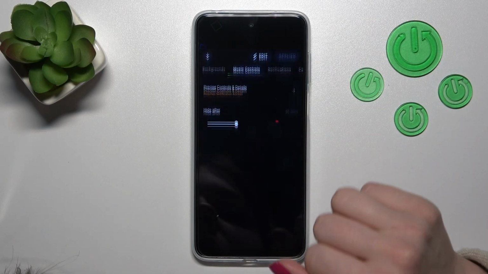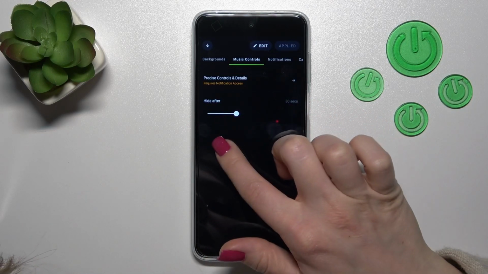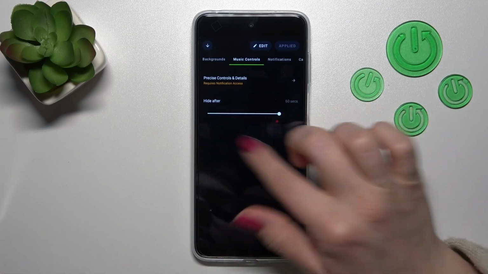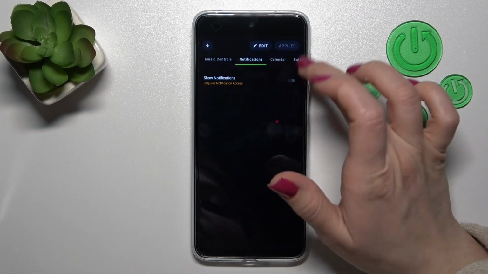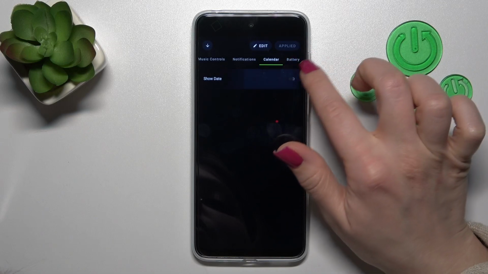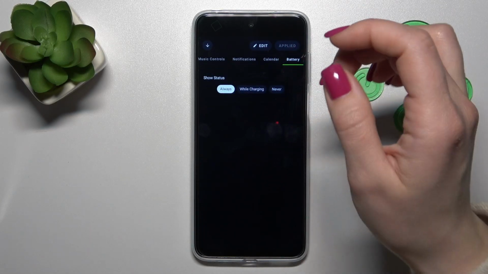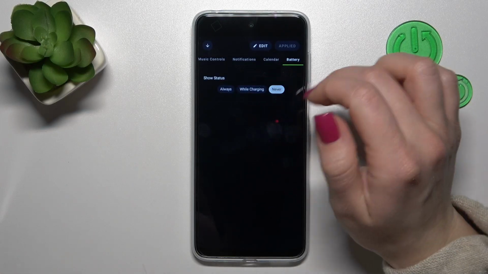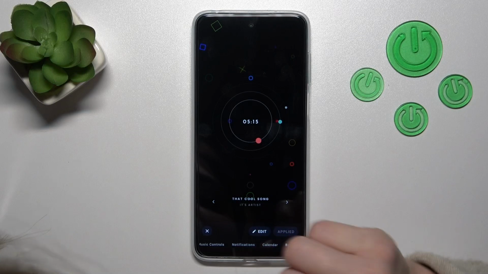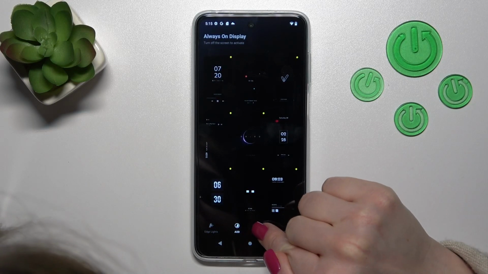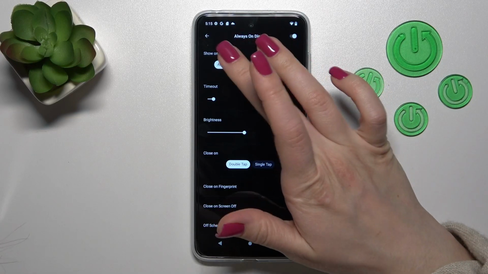If you want to hide music controls after 10 seconds or not hide them, you should just slide this white dot on this panel to the left or to the right side. To show notifications and date, you should just click on the switcher to turn it on or off. And to show battery status always, while charging, or never, you should also select one from these available options. So let's click the X icon,